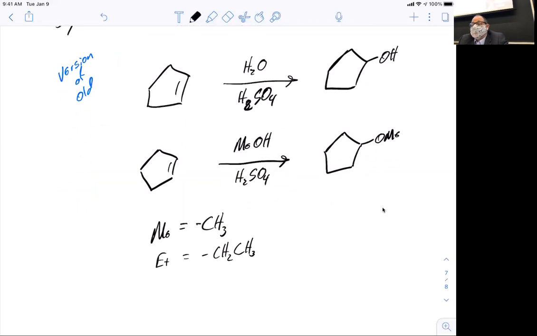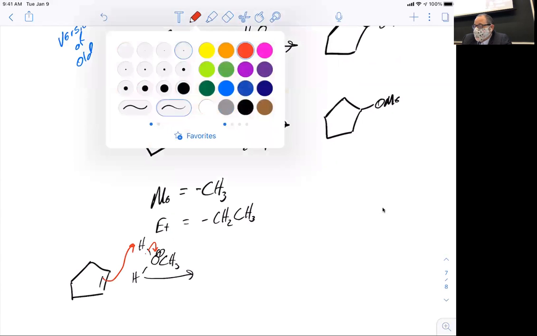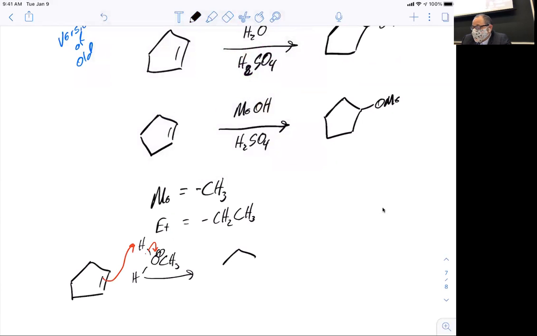And why did they use it? Because it used to be hard to do subscripts. So they started using Me, Et, and so forth. So the process here is similar, right? We're going to first protonate our alcohol. So our reagent is actually the protonated alcohol, just like it would be the hydronium. So the nucleophile, which is the alkene, reacts with that, gives us